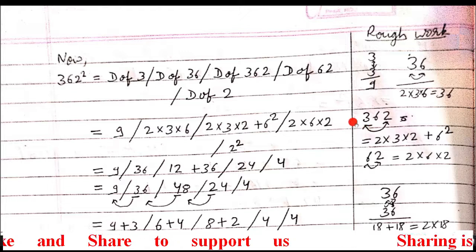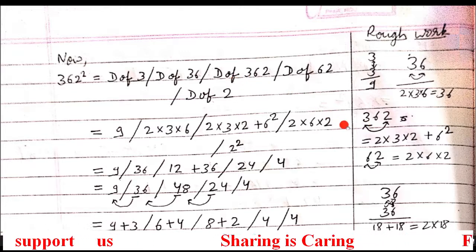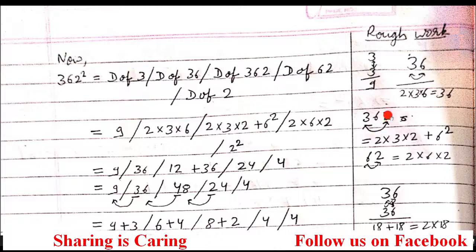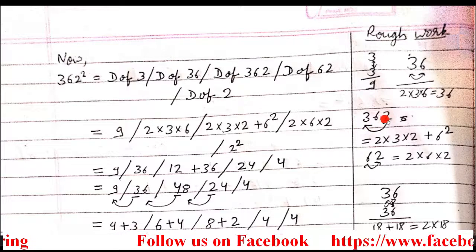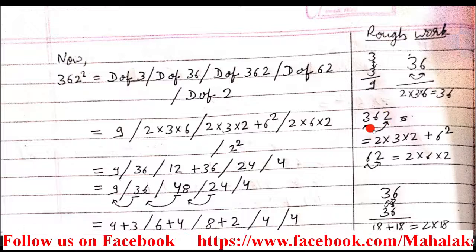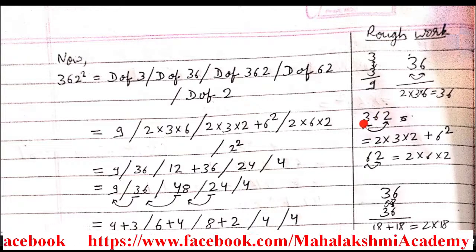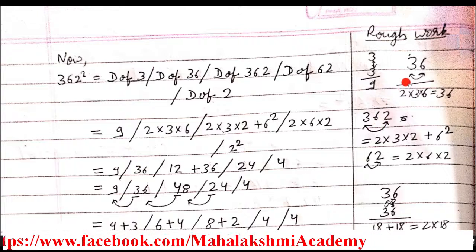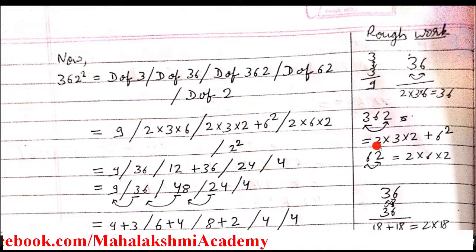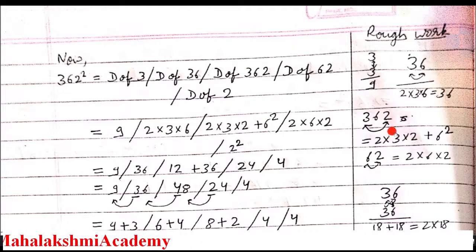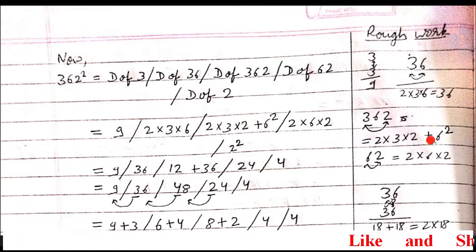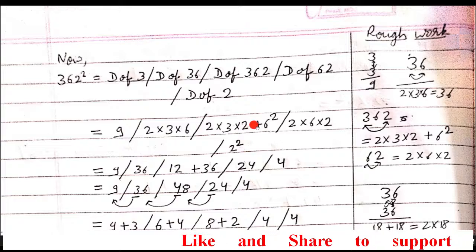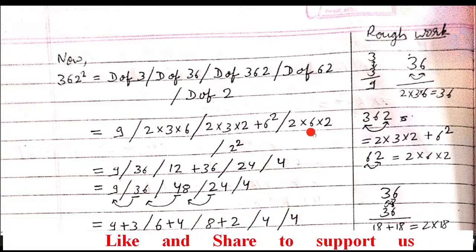Just see, to find the D of 362, you have to make the pair from the extremes. When we start to make the pair from the extremes, this 3 and 2 will come in the pair, but this 6 is alone. When the digits are in a pair, the method is 2 multiplied by the digits. So 2 multiplied by 3 into 2. And when the digit is alone, you have to do the square. Like when 3 was alone, we did 3 into 3. In the same way, when 6 is alone, you have to do 6 square. Finally add them. That's the method. So you just write this here, then we'll solve here.